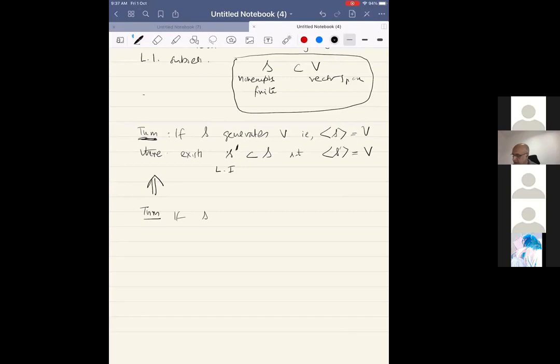If S generates V, i.e. span of S is V, and S tilde contained in S is linearly independent, then there exists S prime containing S tilde and contained in S, which is linearly independent, and S prime generates V. So this is a strengthening because,